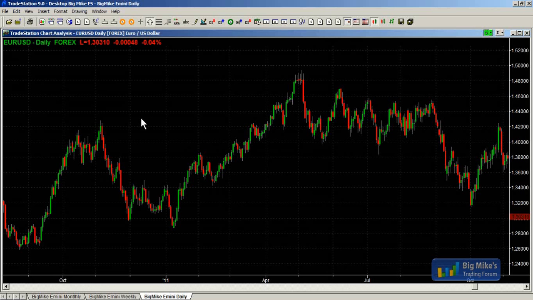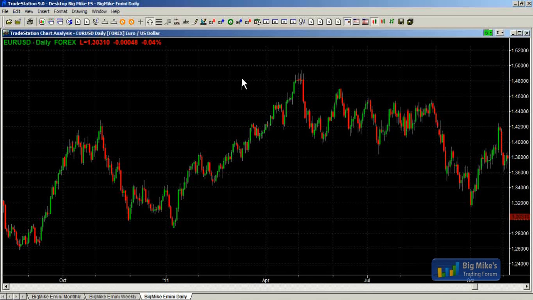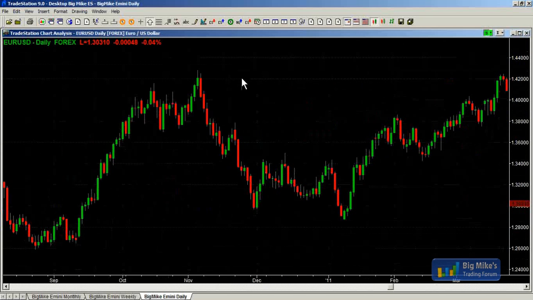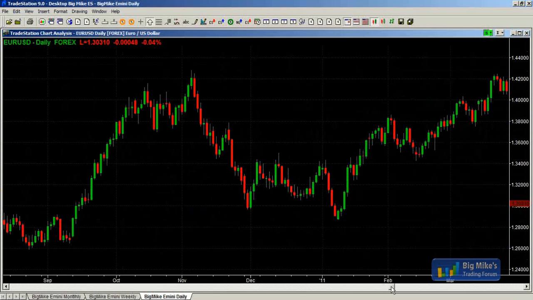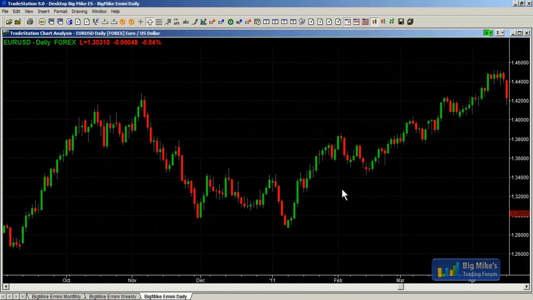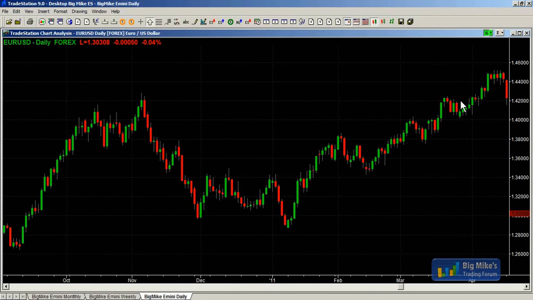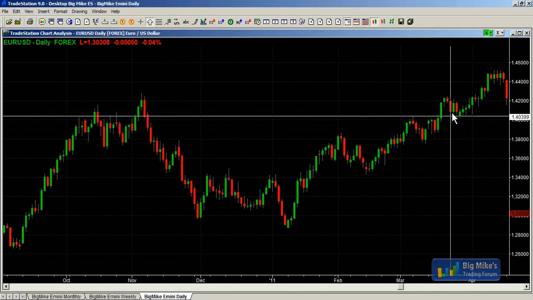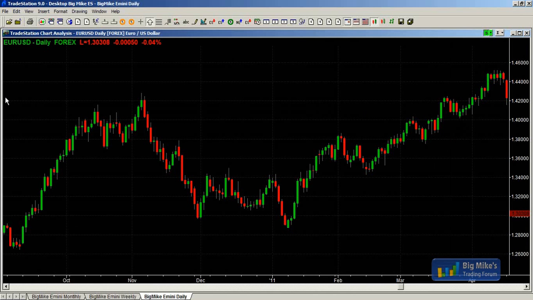All right, can you talk about a high 2? I'll just use the euro right here as an example. Okay. A high 2 is a failed second attempt to go down in a bull trend. So here, the market tried to go down. First attempt up is a high 1. First time it went above the high of the prior bar, it's a high 1. Has a second attempt to go down here, and then it went above the high of the prior bar. So this is a high 2, and that's a buy signal. Here's a smaller one. Market went down on this bar, and then up and down on this bar, and tried to go up again. So that's a high 2 buy signal.